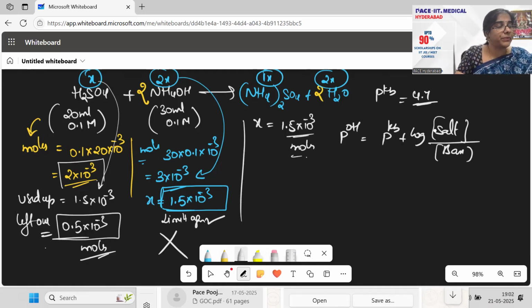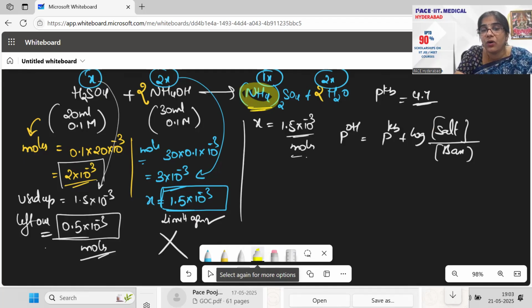So now tell me, if I have to talk about these moles, how much is the volume of this? Because this is moles, na? So concentration चाहिए मुझे salt का concentration. Concentration मतलब क्या है? Moles by volume. So 1.5 into 10 to the power minus 3 दिख रहा है मुझे, मगर यहाँ पे 2 बार. See, remember this part, बच्चा. This is the most important.